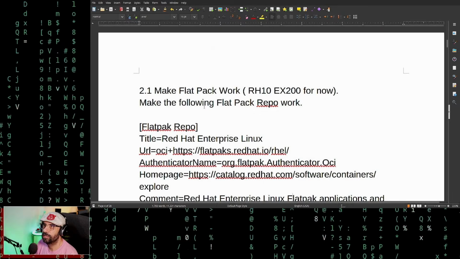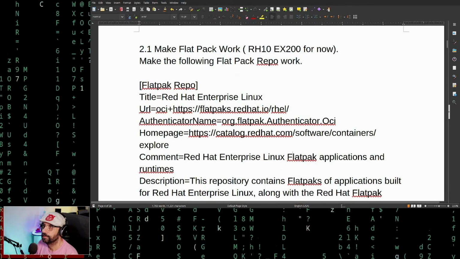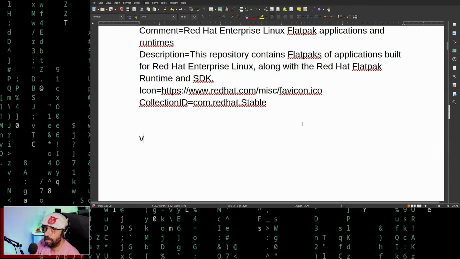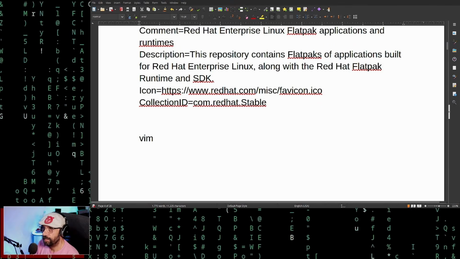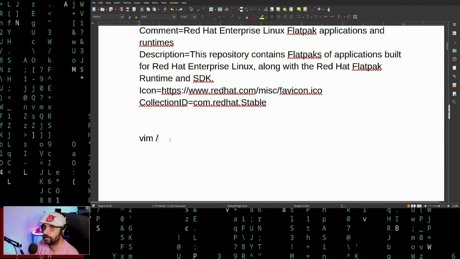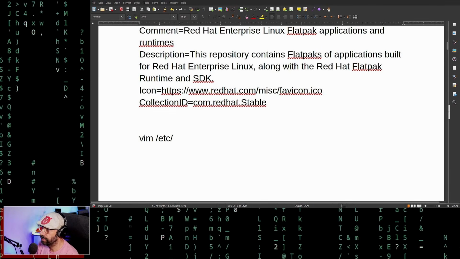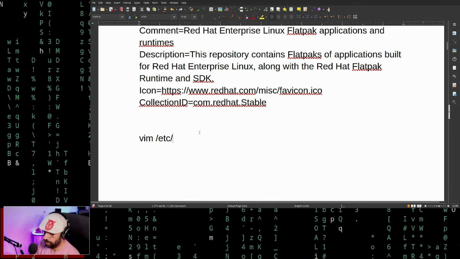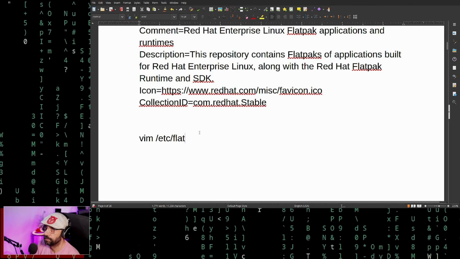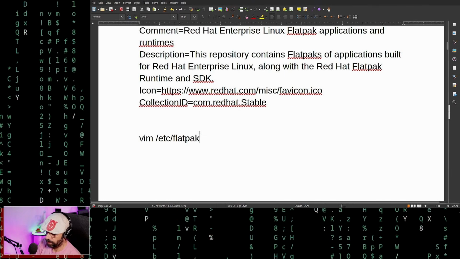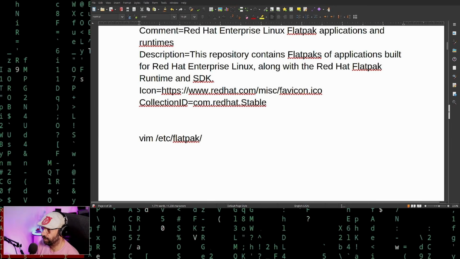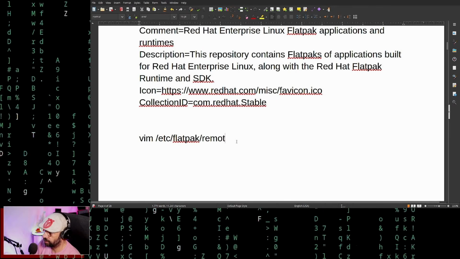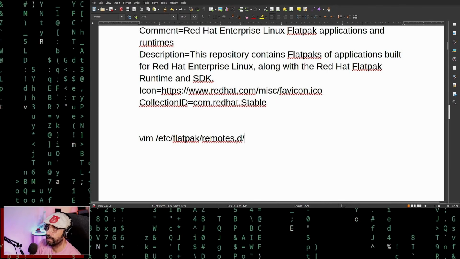In the exam, they are going to make you create a new one, okay? For example, we just need to vim etc. If you want to use it system-wide, let's update this, keep this going. flatpak. Don't put a ck. I do it all the time and run into problems. Okay, and then I just go remotes.d and call it flat,